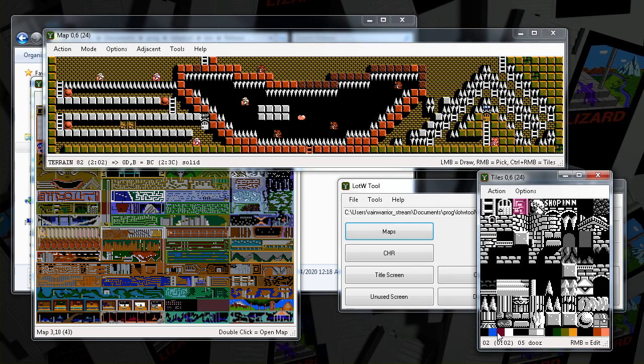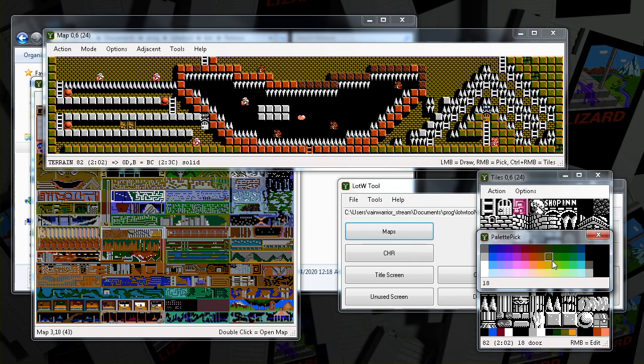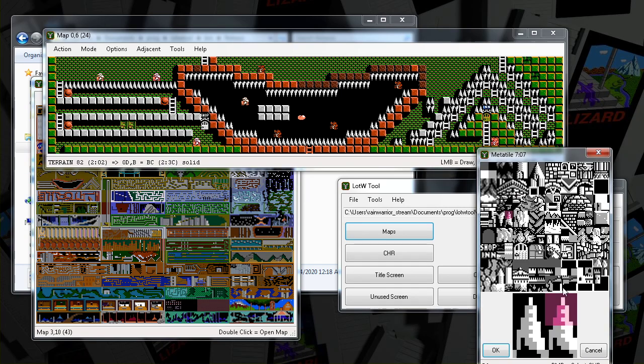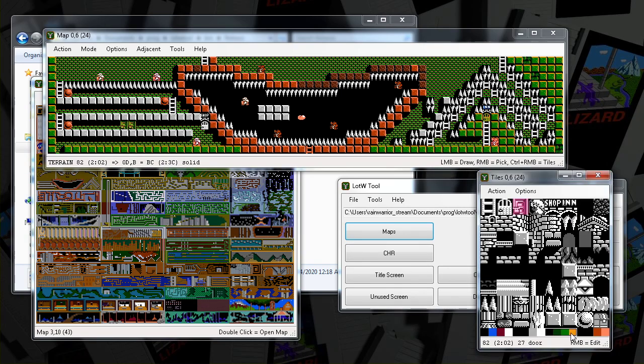So every tile has 4 possible colors. If you don't like the colors, you can right click on them and just edit them. So we could make this, I'll get to that in a moment, but here we can make the background more green and less yellow if you want. Those doors I just placed would be easier to see if you use a color that makes them stand out. Usually you don't want to edit these colors because that's the status bar at the top of the screen.